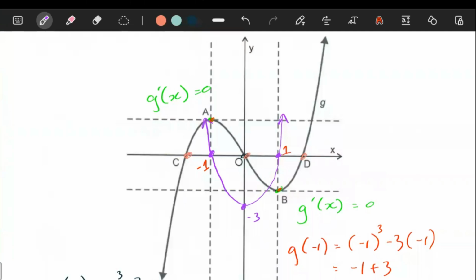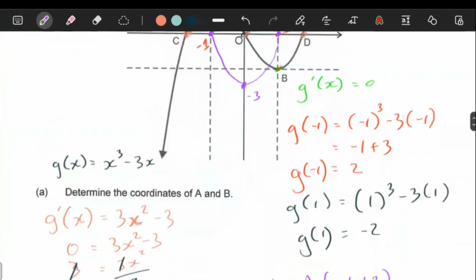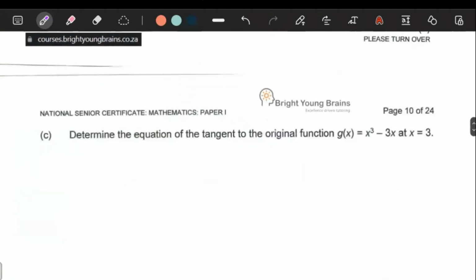Let's see. So this is okay. Nothing crazy, nothing major. Let's move on. Part C says, determine the equation of the tangent to the original function